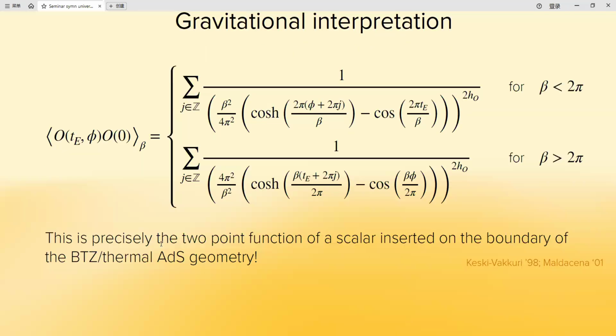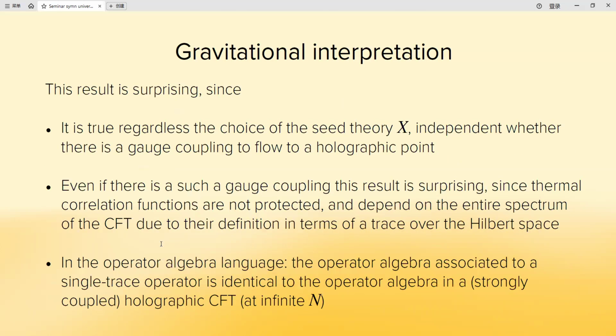And this fact was very surprising, or is surprising, for a number of reasons. First of all, it is true for any seed theory. We never refer to any property of X, independent of whether this choice of seed theory has anything to do with gravity, and regardless of whether there is this gauge coupling that we can turn on in order to flow to a holographic point. But I want to argue that even for those very special seed theories, this result is